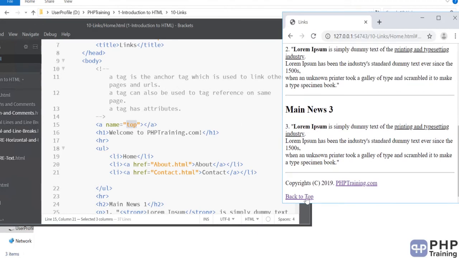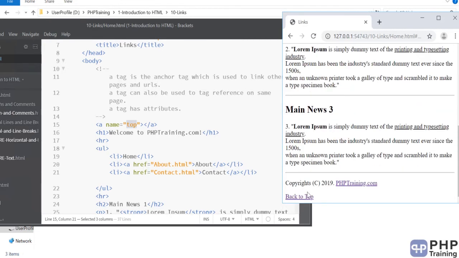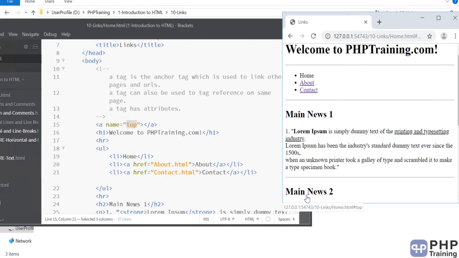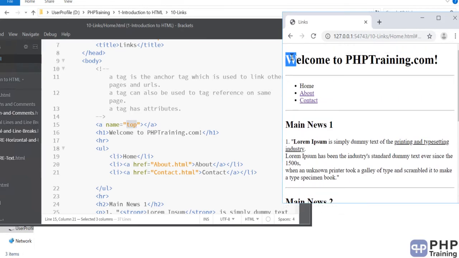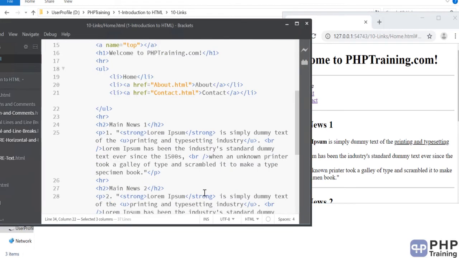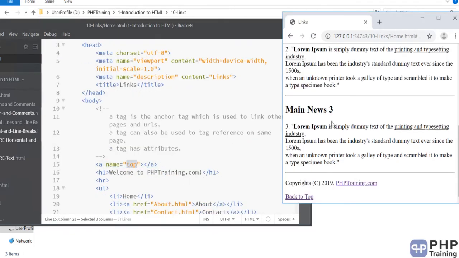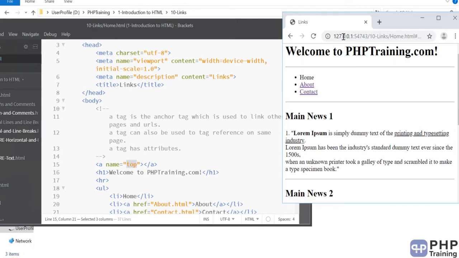When someone clicks this, let's refresh this page, click this, you go to the top, because from this link you are saying I want to go to that anchor. That anchor is defined somewhere here before the welcome, and when someone clicks on this top link, it will go and find the anchor called top, and it will go to that place on the page. This is like moving inside your page sections. Okay, just click on it and you will go to the top.